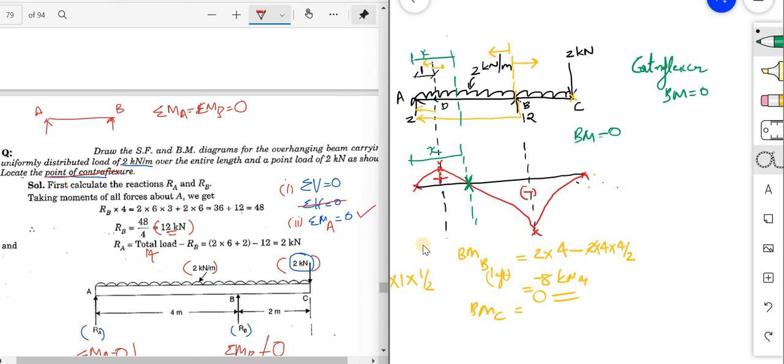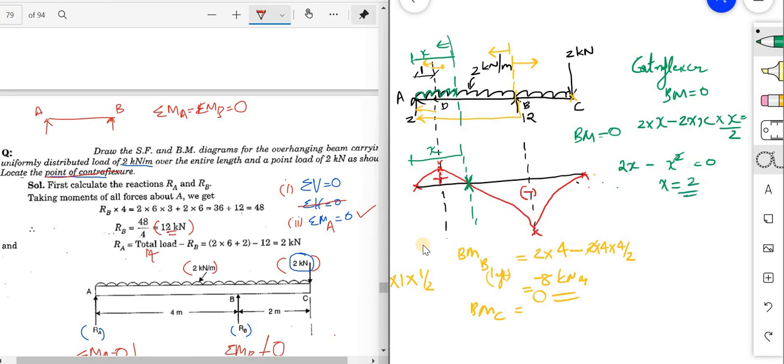Now what are the loads? I am taking the loads to the left only. You don't have to take all the loads. So this is 2 into x minus, what is the total distance? 2 into x, that is this load UDL, it will be acting at its half, x by 2. Therefore by simplifying we will be getting this equal to 0. That is 2 into x minus x square is equal to 0. By substituting I will be getting x is equal to 2.